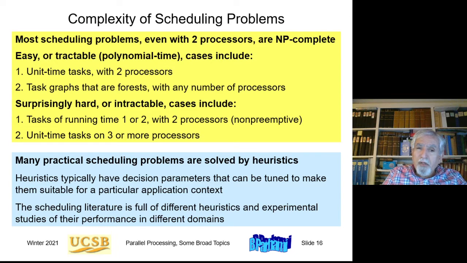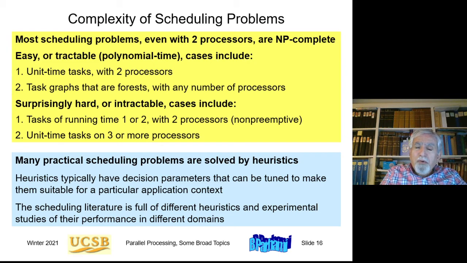Now here are some surprisingly hard or intractable cases. Tasks of running time 1 or 2 with only 2 processors. I'm assuming, of course, non-preemptive scheduling, which is what I said we will do. So as soon as you increase the complexity from unit time tasks to tasks that have running time of 1 or 2, two types of tasks, they're either unit time or they take up 2 units of time, then even with 2 processors, the scheduling problem becomes NP hard. If you have unit time tasks, so you don't increase the complexity here, but then increase the number of processors to 3 or more, then with as few as 3 processors, the problem becomes NP hard, even with unit time